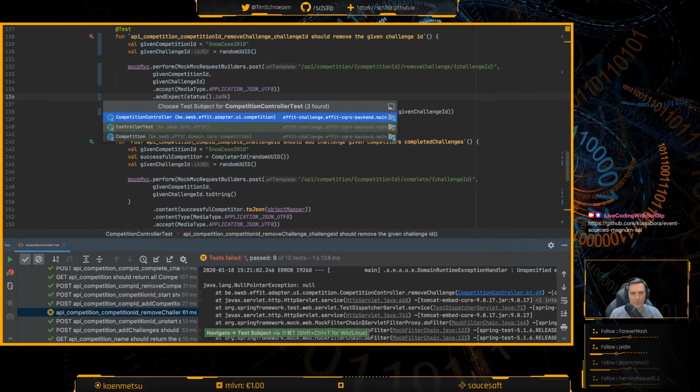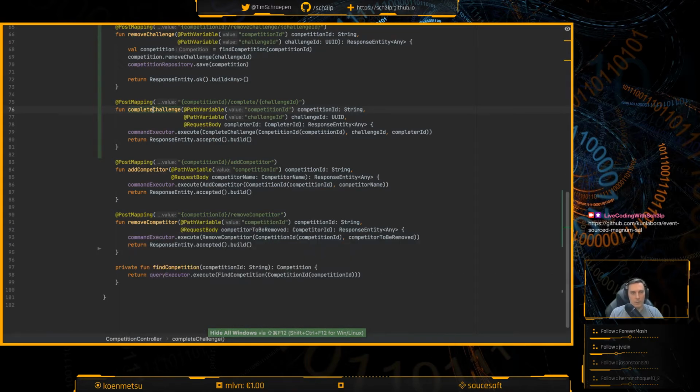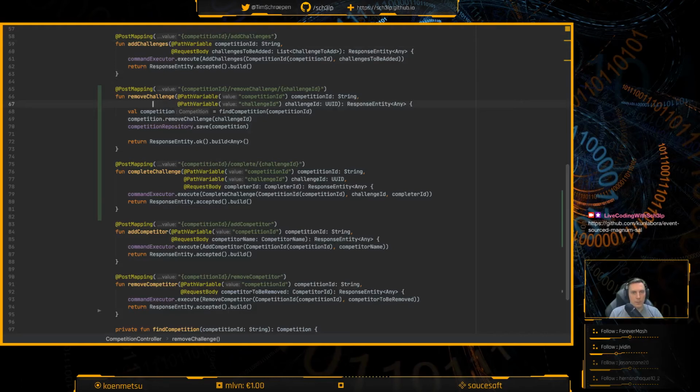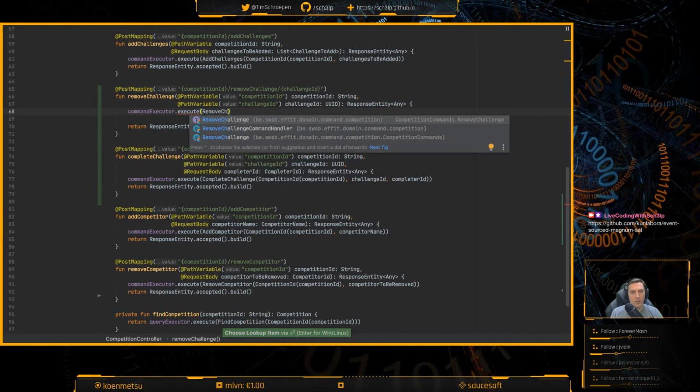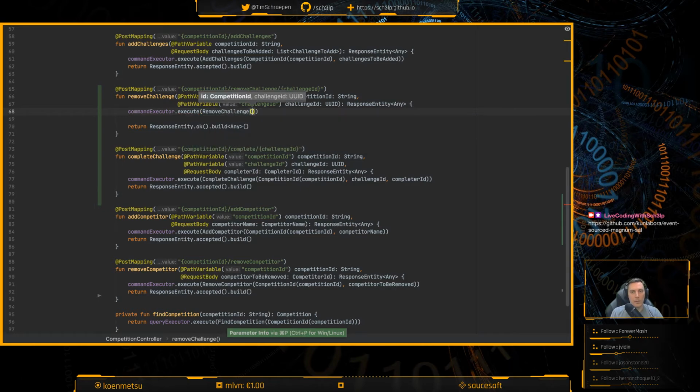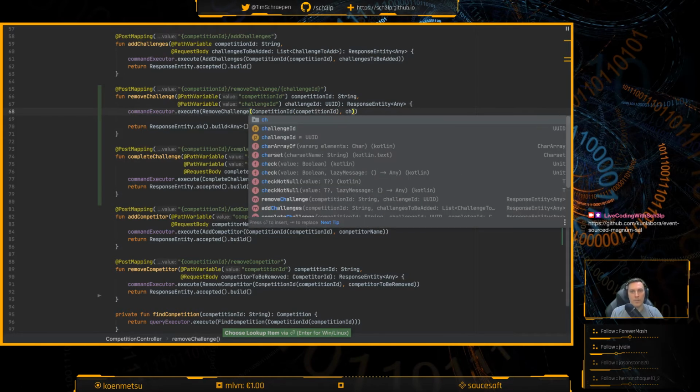All right. Okay, so the only thing I need to do now is just go like command executor, execute, remove challenge command using a competition ID from given, from competition ID, and the challenge ID.